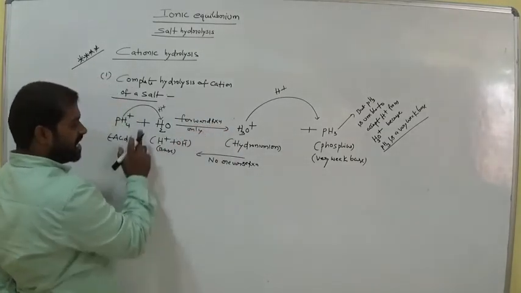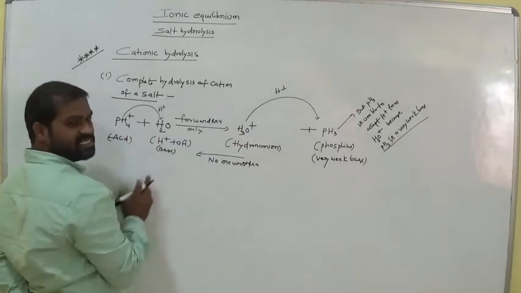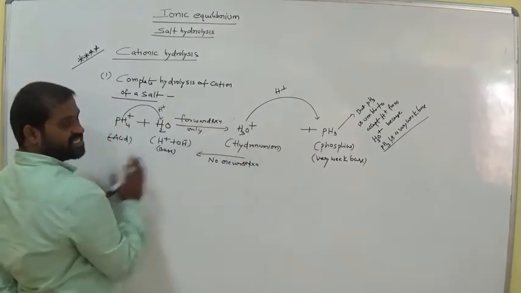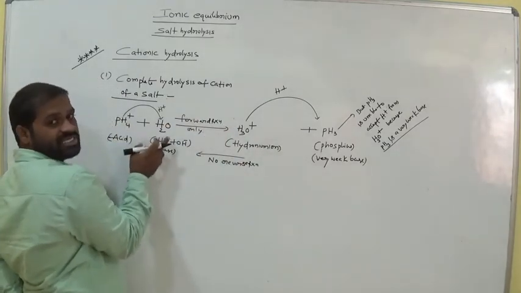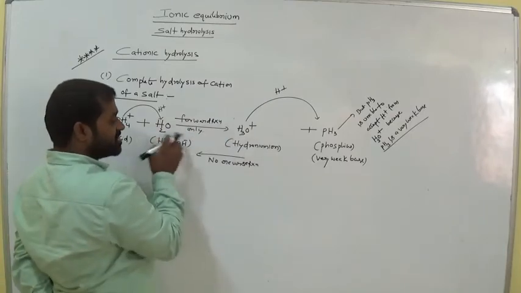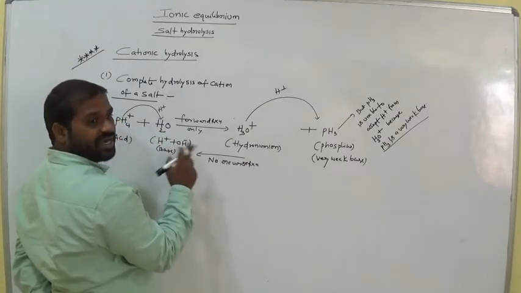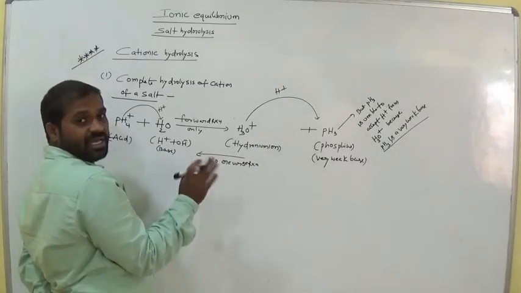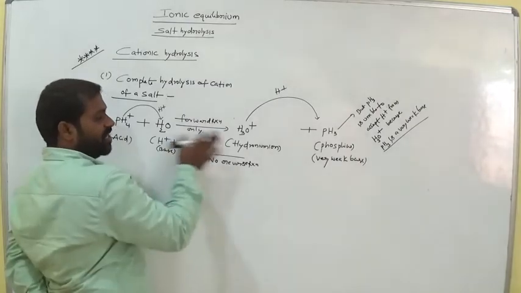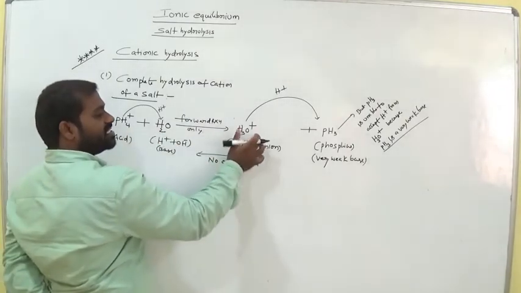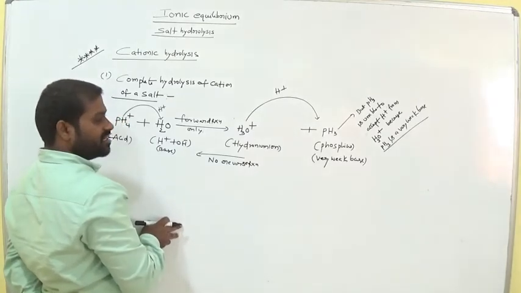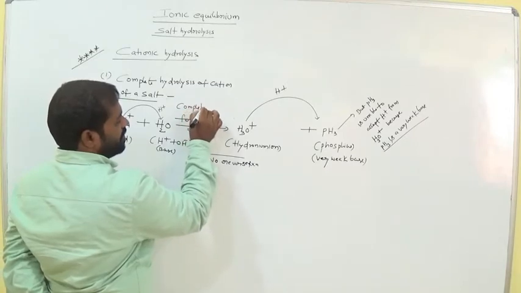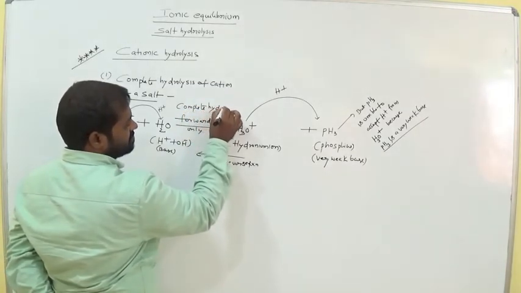What is the forward reaction? Hydrolysis. That means it undergoes complete hydrolysis, am I right? Addition of H2O is the forward reaction only. There is no reverse reaction. Addition of water is called hydrolysis here. So this is called complete hydrolysis. It is not a reversible hydrolysis reaction, it is only forward. Addition of water gives H3O plus and PH3. Clear? So now it is complete hydrolysis. What we call it is complete hydrolysis.